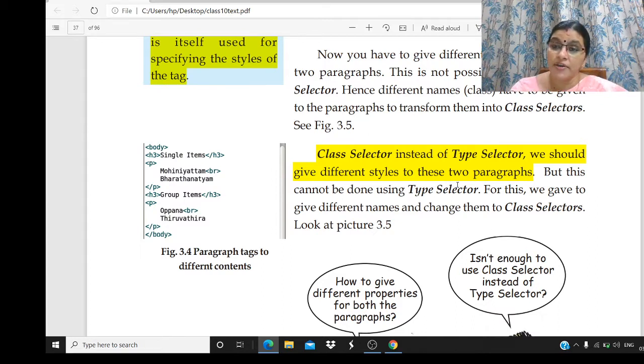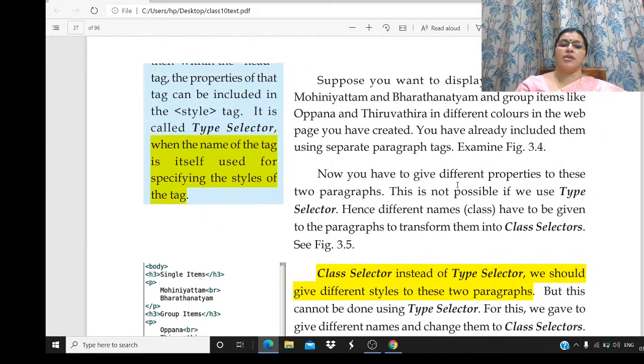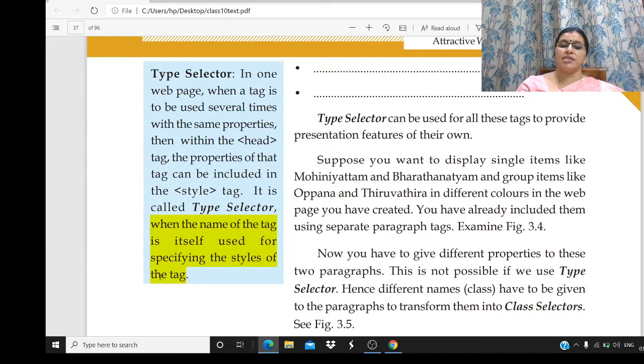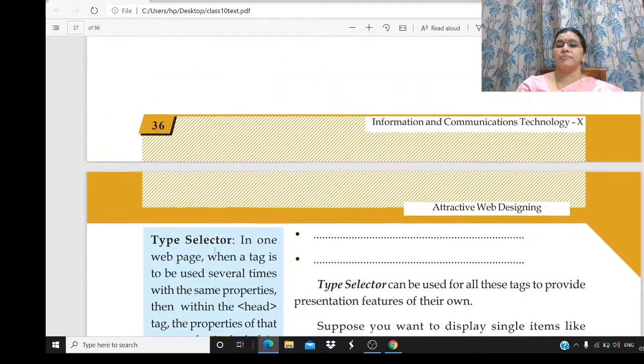If you want to give different styles to two paragraphs, what should we use? Type selector or class selector? Class selector. We will be using class selector. What is type selector? When the tag itself is used as the selector name. P, H3, H2, H1, then the body. These all are type selectors.